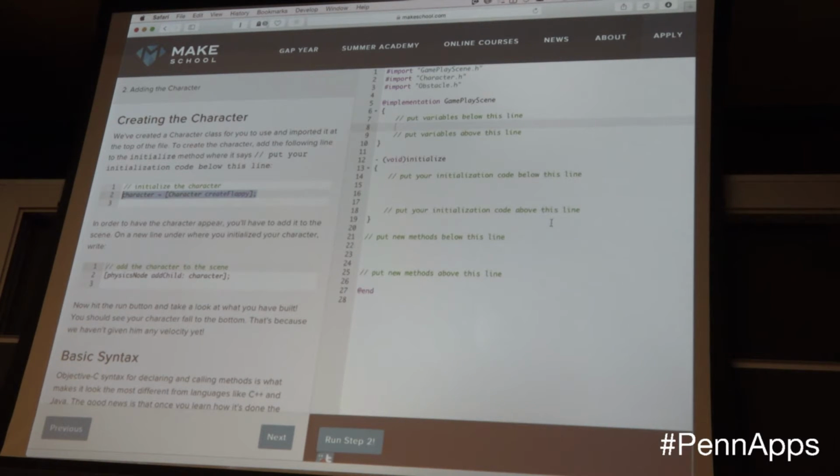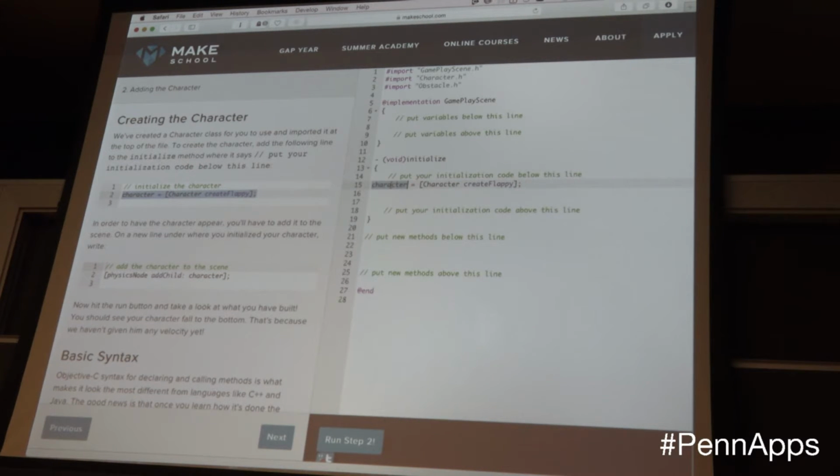So we're going to start off by creating the character. Someone asks how to get to the page: it's make.sc, like USC, slash fullflappy, FULLFLAPPY. Feel free at this point, if you want, to follow along. It's not going to be the most amazing if you follow along, but we can all just do it here really quickly.